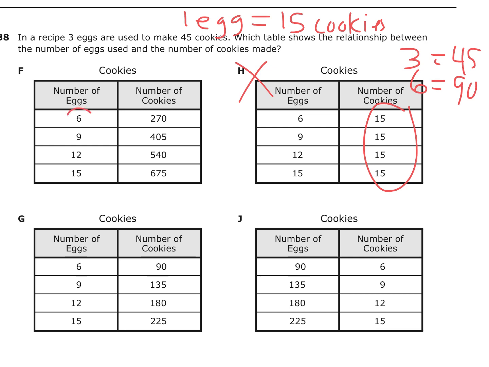So this one says 6 eggs gives you 270. I don't think so. 6 was 15. That was way off. And this one says 6 will give you 90. That one makes sense. So 12, if you double the 6, that's going to give you 180. And 9 times 15 is 135, and 15 times 15 is 225. The answer is G. And that was the last one